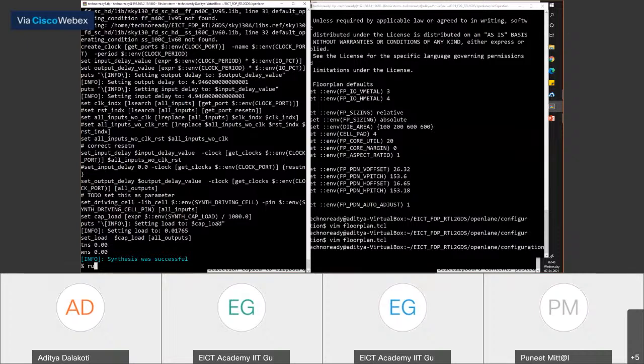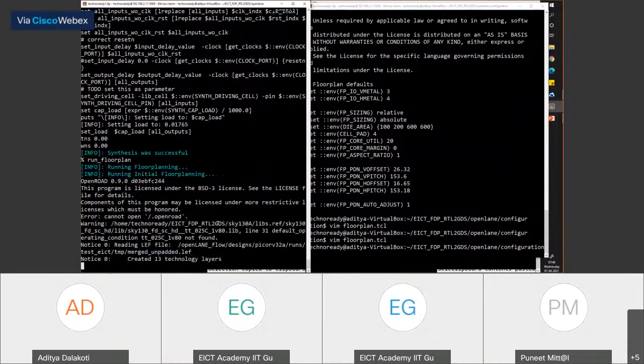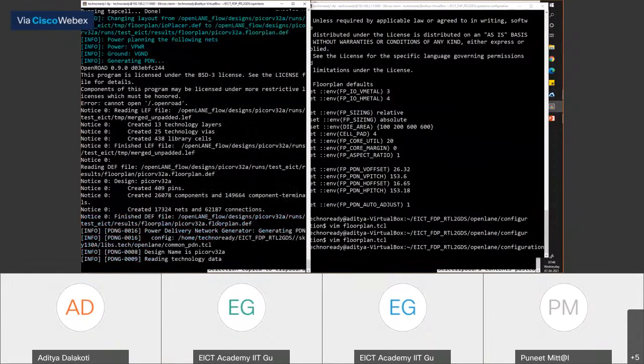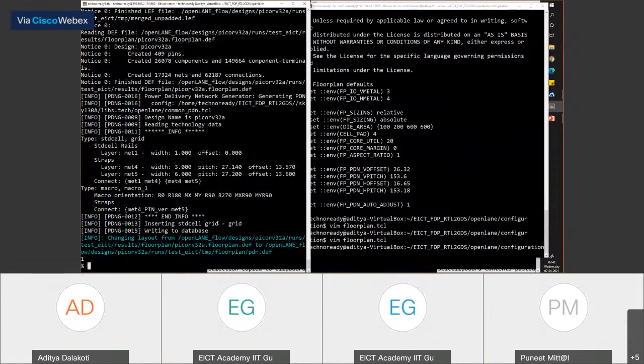And then after that, I'll run floorplan. Run floorplan is a superset of all the commands: init floorplan, place IO, tap decap, everything is done using run floorplan. So it's a superset of commands. I just ran run floorplan directly to observe my final output. Right now it's saying that it is present in this directory.